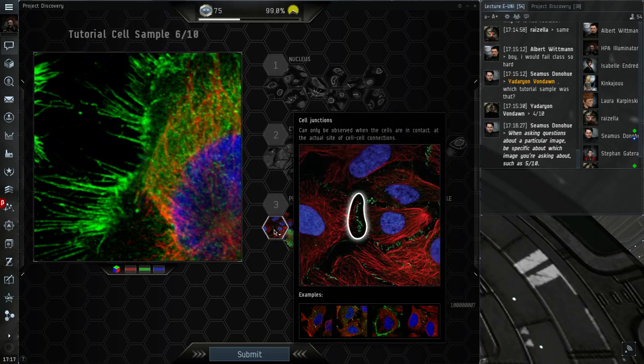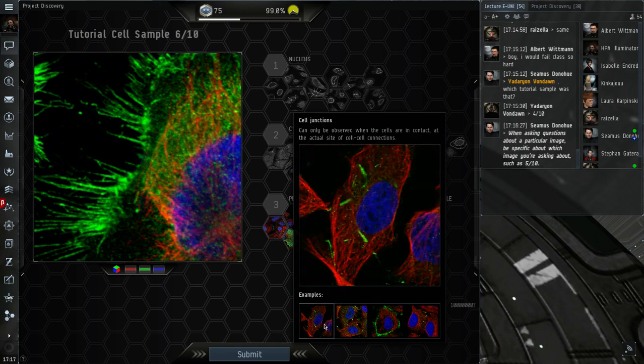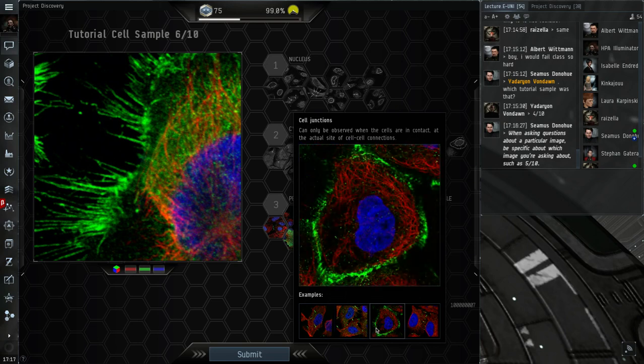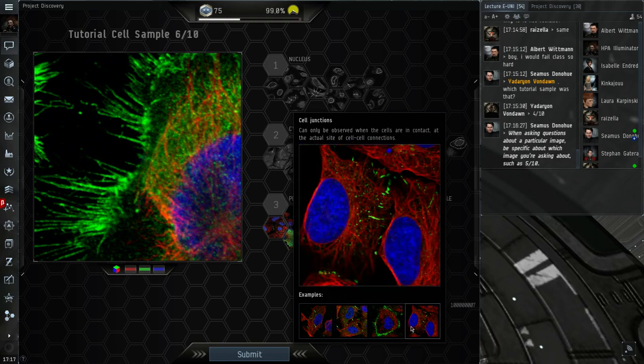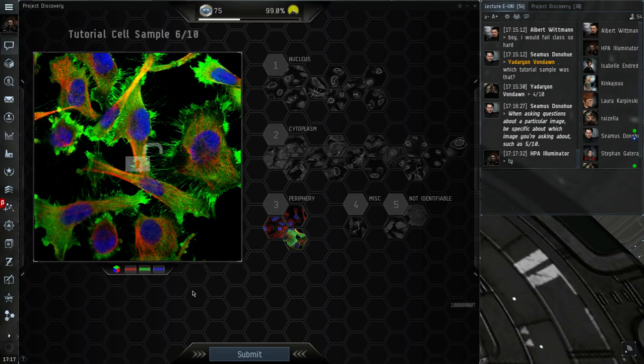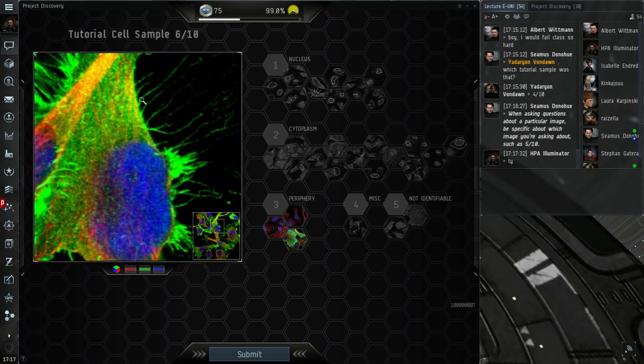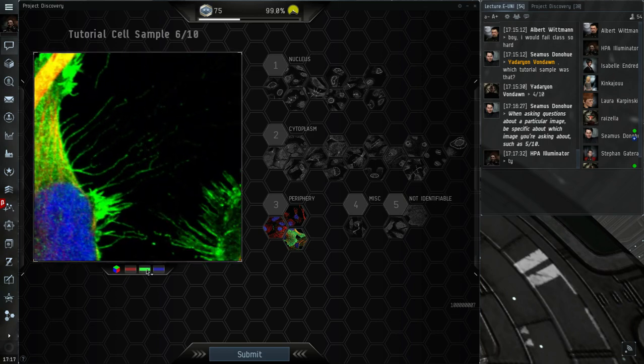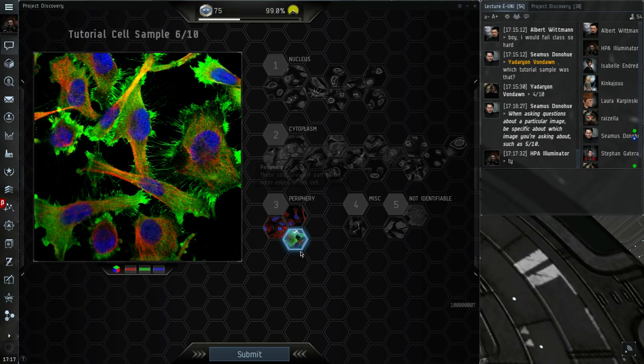Then we also have cell junctions, which are stainings between the cells. So that's sort of connecting the cells, enabling them to communicate. But that would only, or should only be seen at the junctions between 2 neighboring cells. So what we're looking at here is not cell junctions, because you can see that it's staining all around the cells. Up here, where there is no neighbor, we still have green staining. So it is plasma membrane.